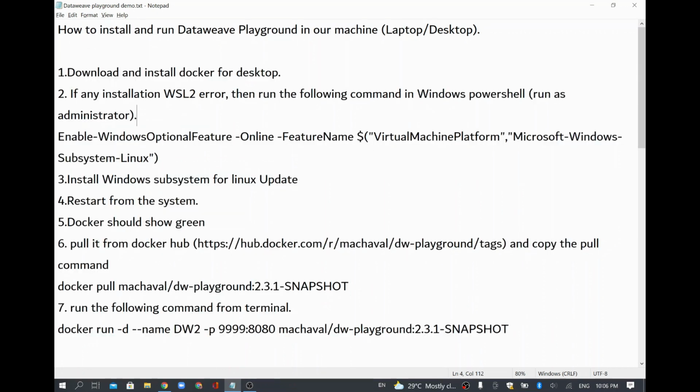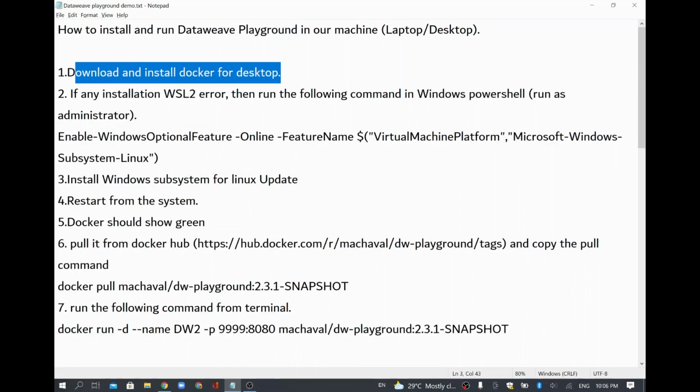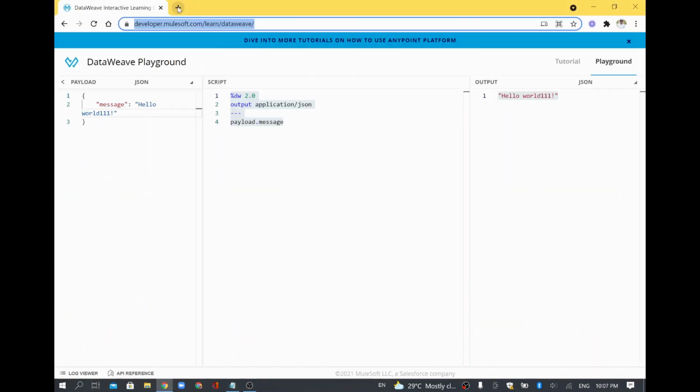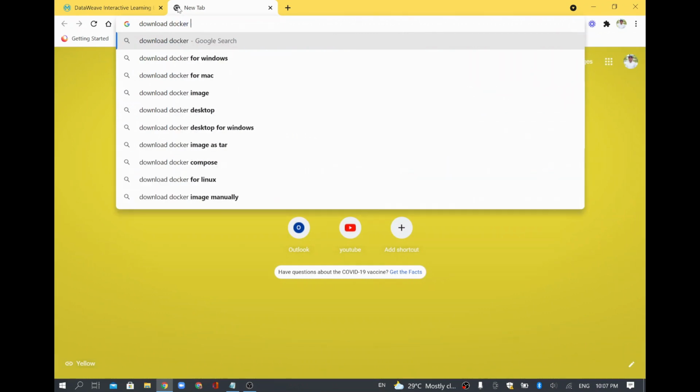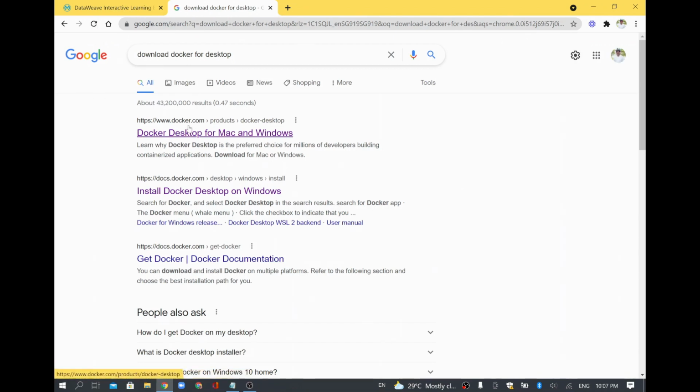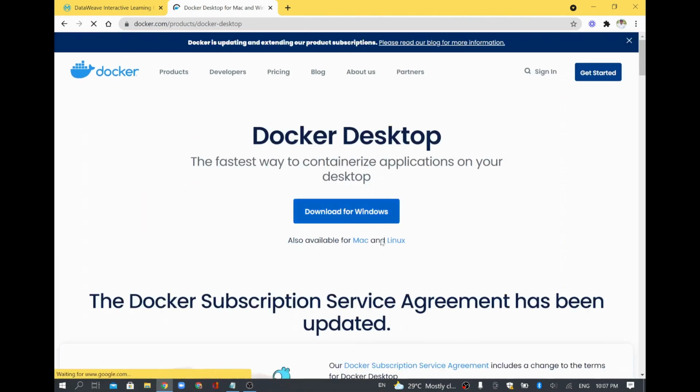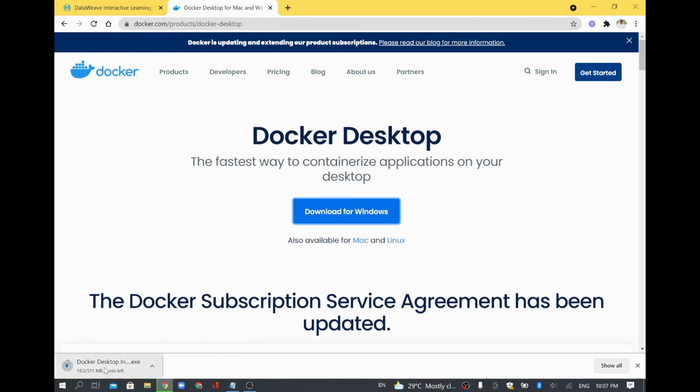First we have to download Docker for desktop, so I'll do that first. In order to do that, you just search the internet for download Docker for desktop, and I'll click this Docker website link. I have Windows, so I'll click download for Windows, and it will download the exe file. It's 511 MB, so it will take a few seconds to download. Once the file is downloaded, we are going to run it and install Docker for desktop